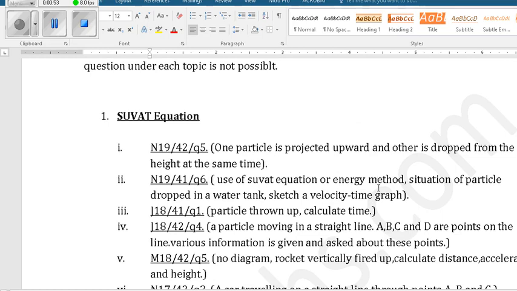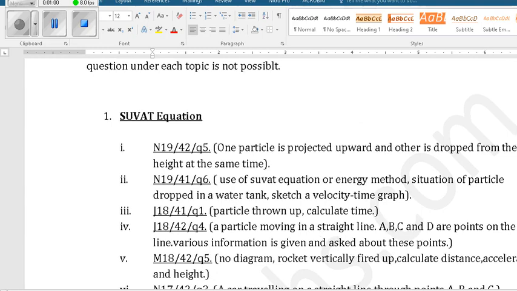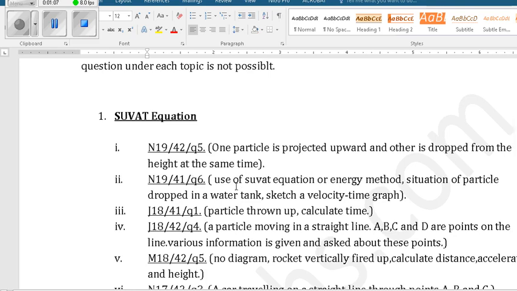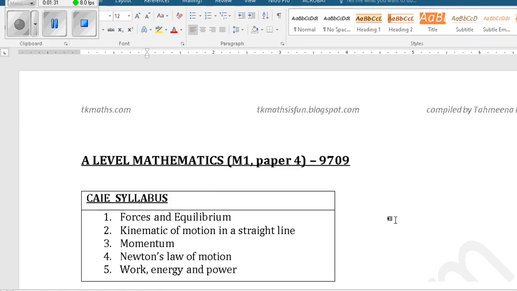For example, here. I have given this list to tell you what you must revise. If you want to practice this question, you will see what is in it. This question will have equations using the energy method, and a suitable situation of particles dropped in a water tank. Because there are different types of situations in the questions, I have tried to give a hint of what situation is present, so that if you want to practice a particular type, you can refer to that straight away. Okay, so let's start from the beginning.